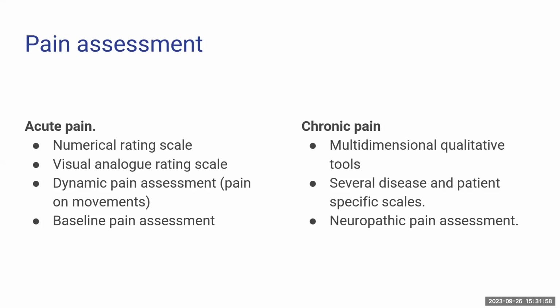These are the various things available. You have the numerical one, the visual analog one. You have something called dynamic pain assessment, because many times they'll say, oh, when I'm not doing anything, I don't have any pain. Once I get up and walk, I am in agony. So you also have to assess dynamic pain whenever they start or are doing any action. Because what is the ultimate aim? We want to improve functionality by the medications or whatever you're going to do.